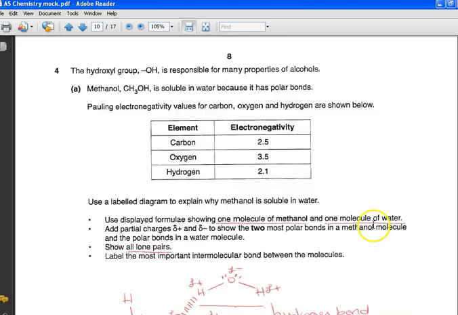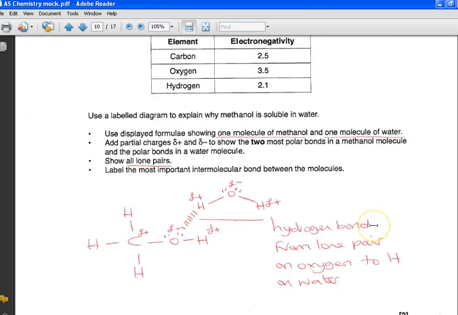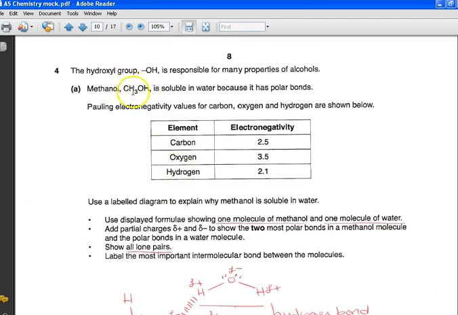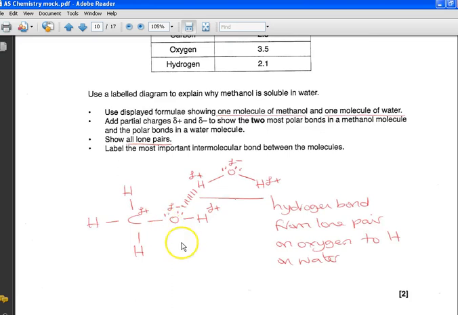Okay, so we're given some electronegativity data. To be fair, some of you may not have known how to draw methanol, although you are given the formula, CH3OH. And this is a question about hydrogen bonding. So I'm not sure that you shouldn't have been able to work out how to draw it if you weren't sure what to do. CH3OH on the end tells you very specifically, yeah, put in your partial charges to show